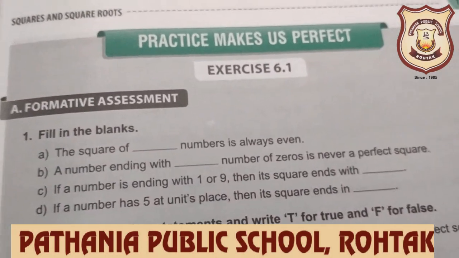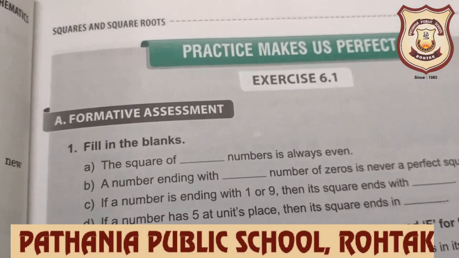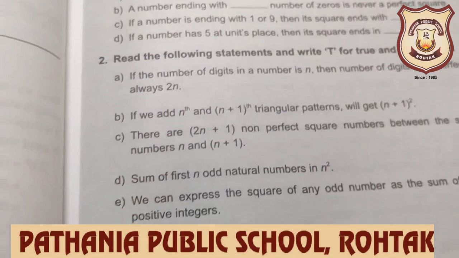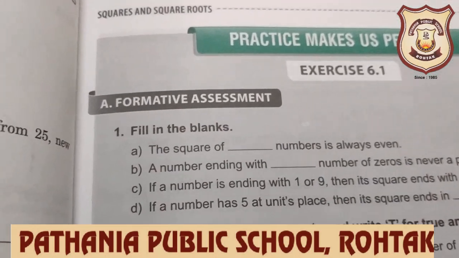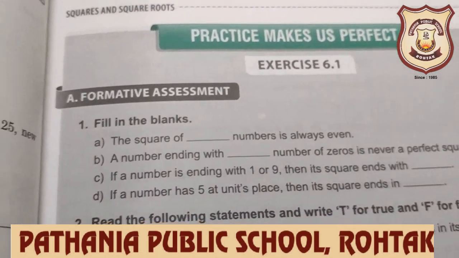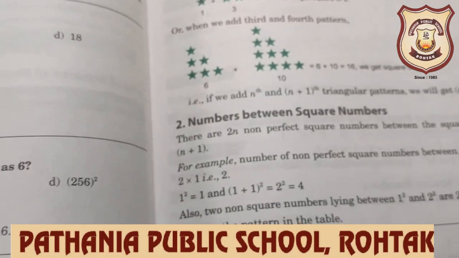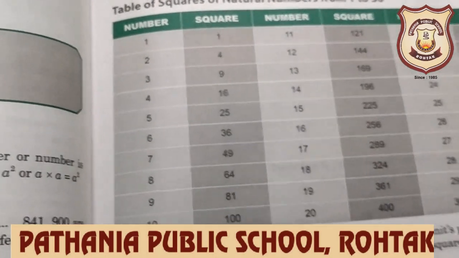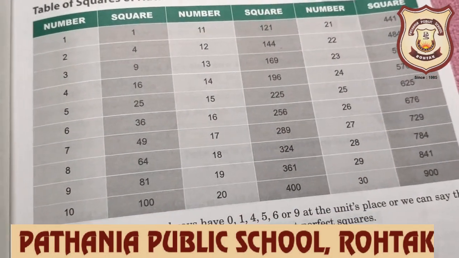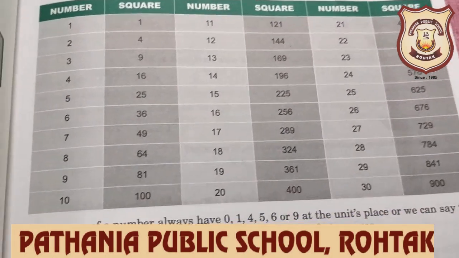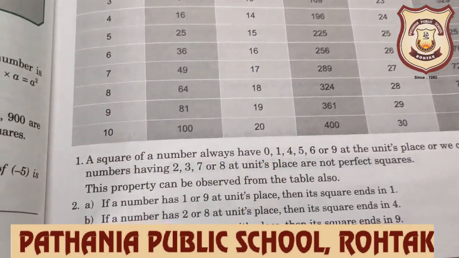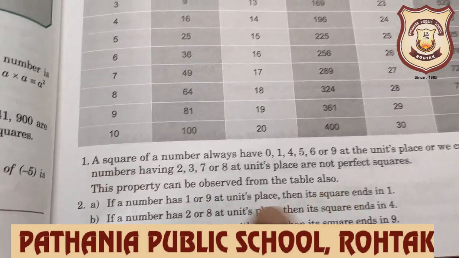So students, it is sufficient for today. Next lecture I will try to solve all these questions also. First we try to understand each and every concept, just like I told you these things. So many rules I told you. You should have these squares up to 30 on your fingertips. आपको ये याद करने 1 to 30 and these points. The square of a number always this. If a number has 1 or 9, then this.